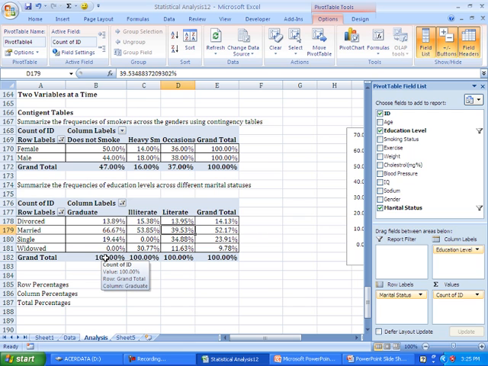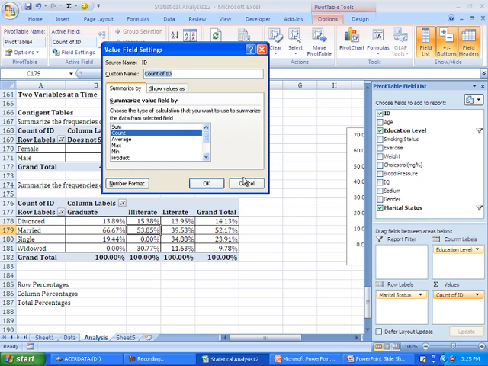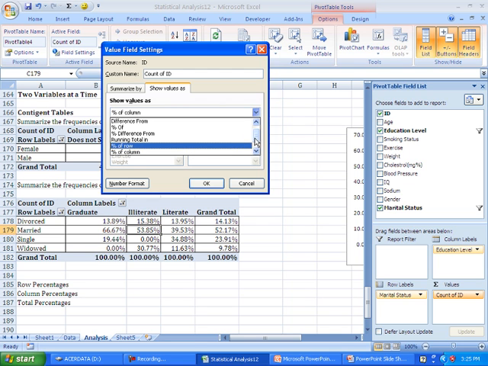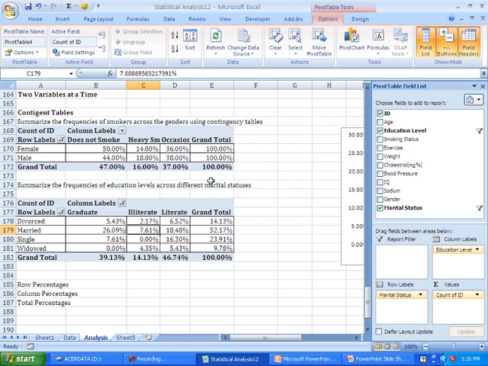Now similarly, people can also talk about the total percentage totals also, percentage of the total, which is nothing but, in the same example, if I have to use the percentage of total, all I can do is again value field setting, show value as, instead of percentage of column, I'll go for percentage of total. These are the three major things as a part of the pivot table that we can use, which will also tell me that